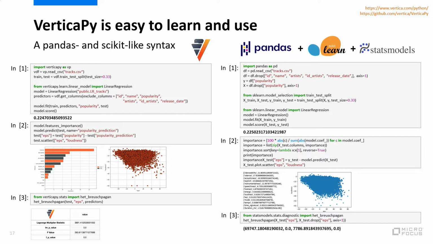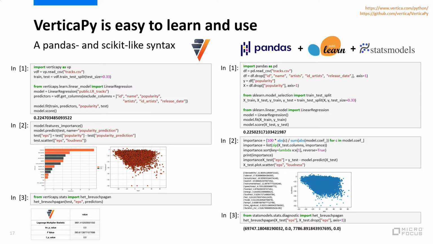Then we can fit, and you can see that the fitting is a little bit different because here you are using the names of the columns instead of entire matrices. For example, in Python, you will have to create your predictors matrix, which is the capital X, and then you will have to indicate a vector, which will be your y. Here, as you're working with relations, you can directly indicate the names of the predictors and the response directly in the fit function